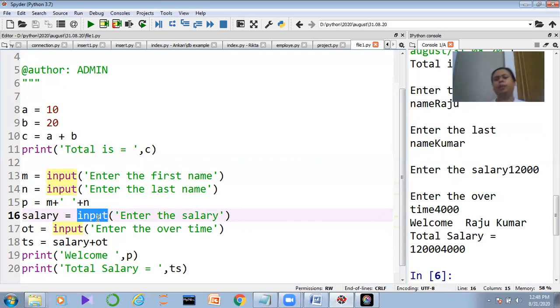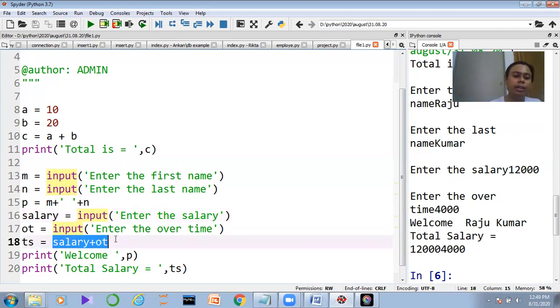Is it possible to calculate the PAN number? It is not possible, guys. So when things are not possible, what would happen? It is a pure string type of data. So here we got the concatenation. What we receive is salary plus the overtime, and salary plus overtime is basically the concatenation.